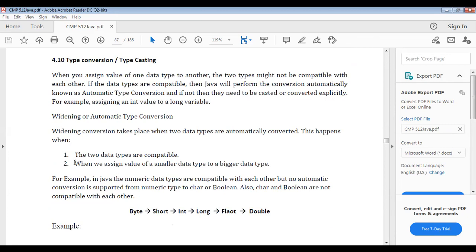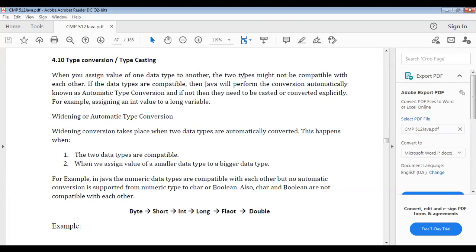Here we can see some typecasting or type conversions also. When you assign the value of one data type to another, the two types might or might not be compatible with each other. If the data types are compatible, then Java will perform the conversion automatically. This is automatic type conversion.